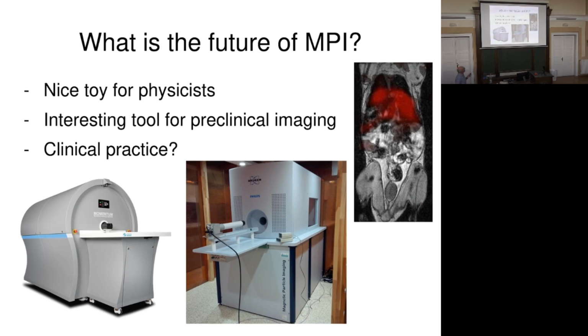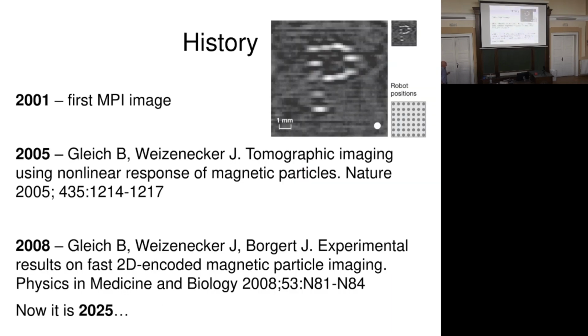So far it's really a nice toy for physicists. It's an interesting tool for preclinical imaging, but what about the clinical practice? And, well, I just remind you the history. 2001 first MPI image, 2005 nice paper about imaging using MPI, 2008 fast 2D encoded magnetic particle imaging, which made it really available for preclinical imaging. Now it's